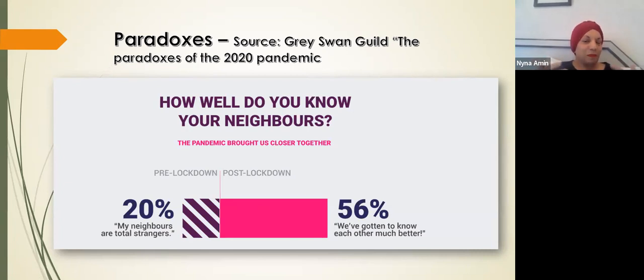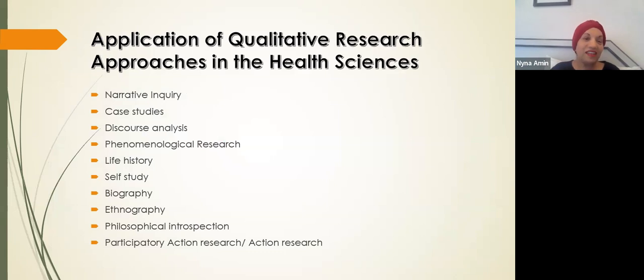So this is paradoxical because the pandemic was supposed to be something that's really bad. So many lives were lost. So many complications arose. Doctors had to face terrible decisions around patients, who to admit, who not to admit. So much suffering, so much pain, so much death. And yet, here's the paradox, is that there was something of some benefit that emerged out of it. So qualitative research can reveal that.